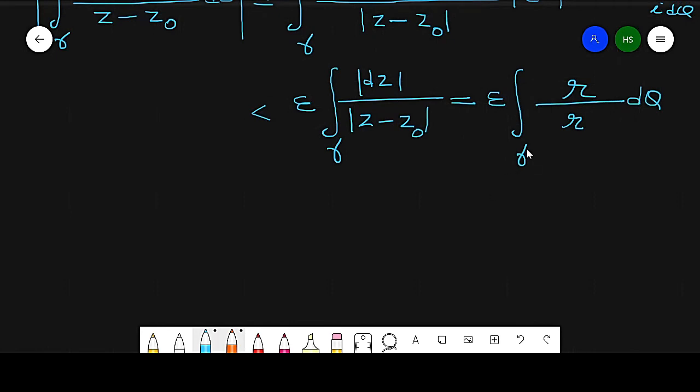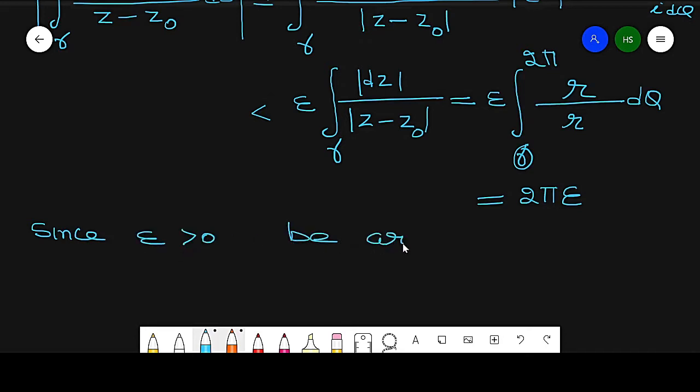So this value will become 0 to 2 pi. So this will become 2 pi epsilon. So this is a value of the integration. This is less than these values. Now from this, what we get: since epsilon greater than 0 is arbitrary, as epsilon approaches 0, this approaches 0. So integration of it implies